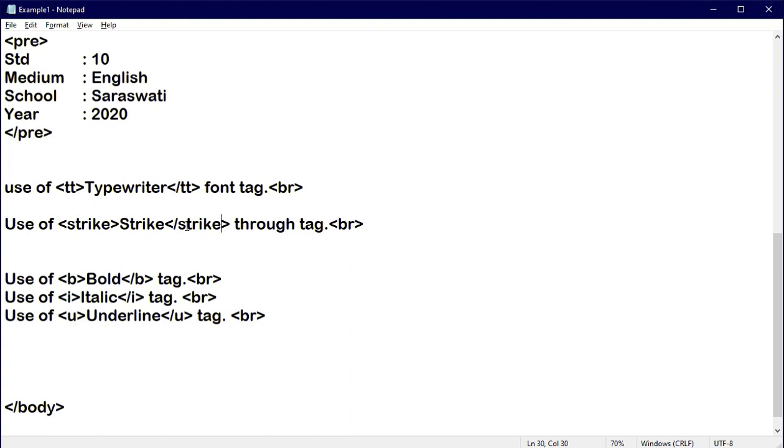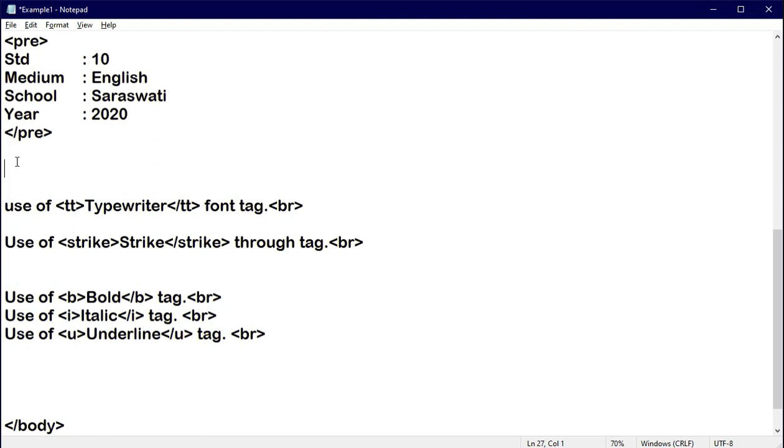And the chemical name of water is H2O, where the position of 2 is below the text. So if you want to write in that form, HTML also provides that facility and a tag for it, which is the superscript tag, by which you can raise your value one step above.